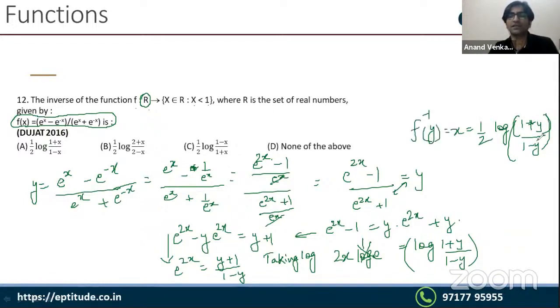तो ये अगर f inverse y है तो f inverse x पूछा है ना? तो f inverse x में y की जगह से सब जगह x डाल दो, become half of log (1 plus x) upon (1 minus x). Let's look for that in the option choices. That's option A. And if you get the question right,